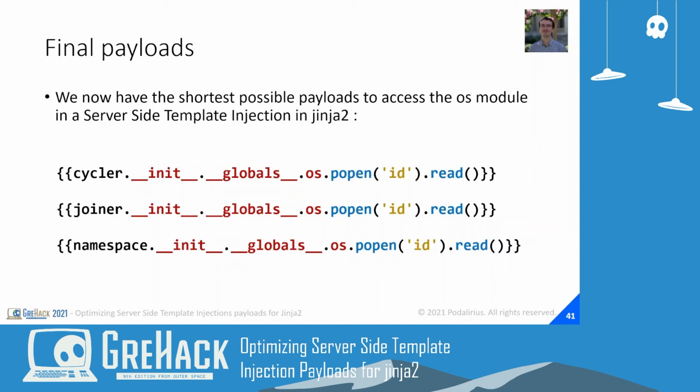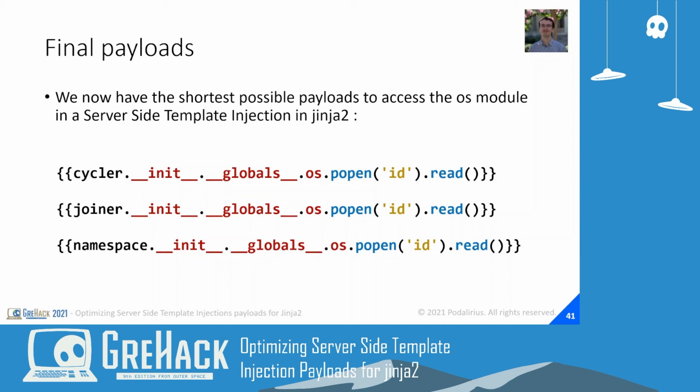So we now have the shortest possible payloads to access the OS module from a jinja2 template. These three payloads are the shortest, are context-free, and more importantly, they cannot be fixed because they are using how jinja2 works internally. Internally, jinja2 uses the OS module inside the utils.py file, but you cannot just remove the OS module from the utils.py file, and if a developer is using jinja2 in non-sandboxed mode, which is